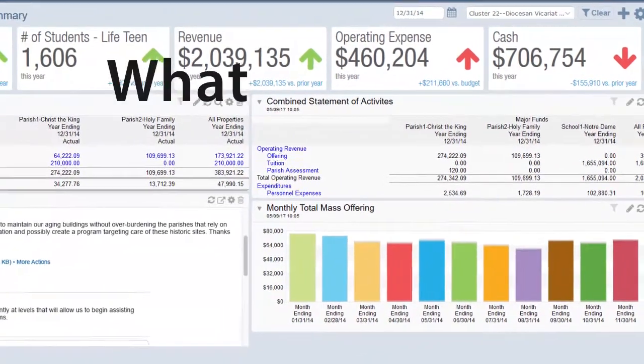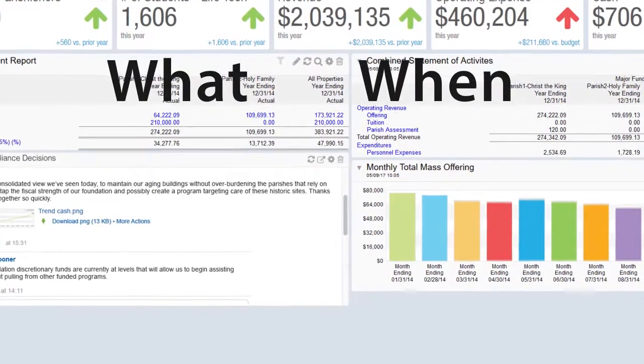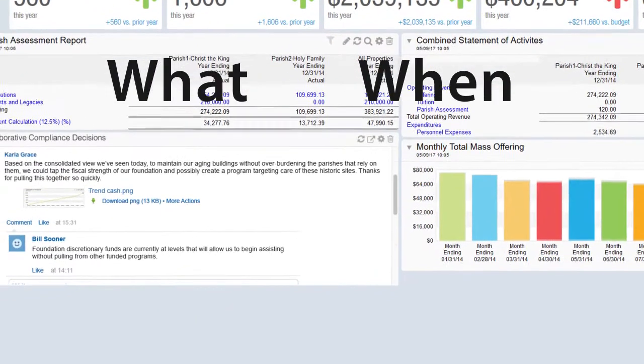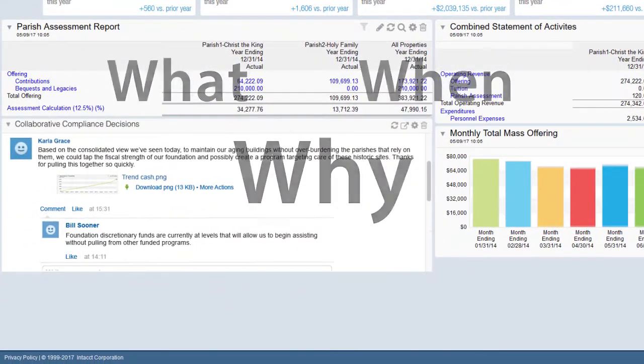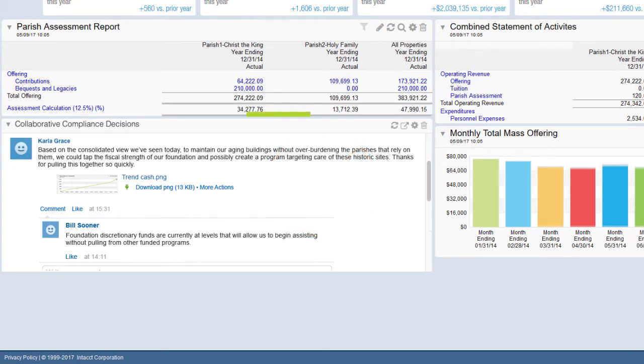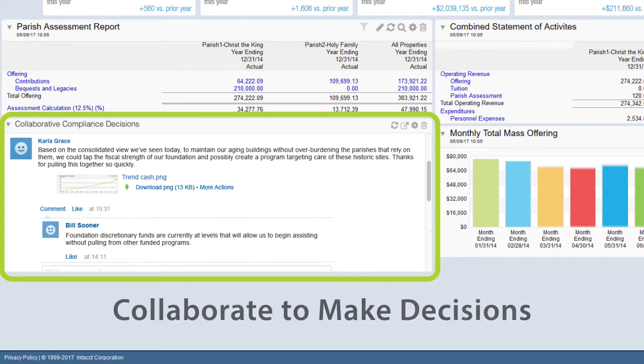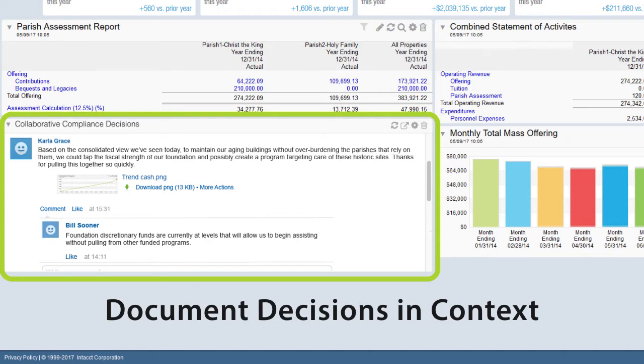Beyond tracking what you did and when you did it, it's important to leverage Intacct's real-time communication to keep your entire organization informed about why you did it. Rather than relying on disparate email strings, Intacct provides a consistent front-to-back office collaboration tool. You collaborate on key information to make decisions, and then document those decisions in the context of the financial records